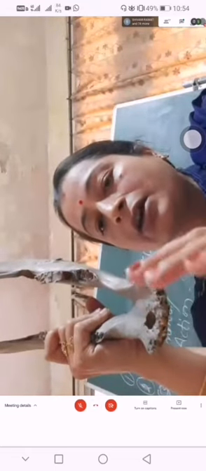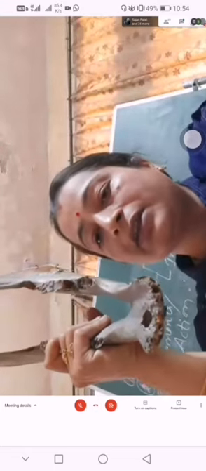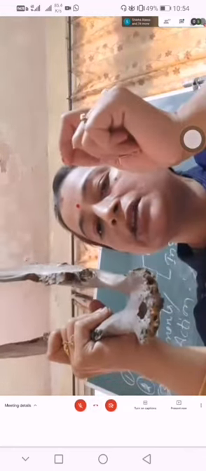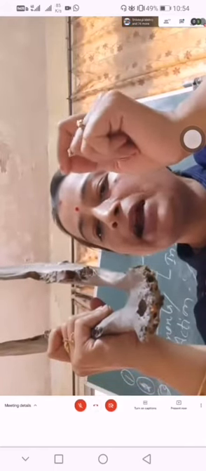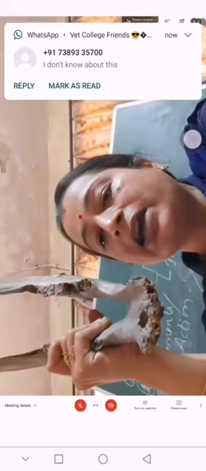In case of ox, if you open the mouth cavity and see the jaw, you will see that incisors are present in the lower jaw, but in the upper jaw incisor teeth are absent, and in place of that a dental pad is present in the upper jaw. Okay? If you have ever opened and seen the mouth of a cow or bull, you must have noticed that the upper incisors are not there, only the lower incisors are present.